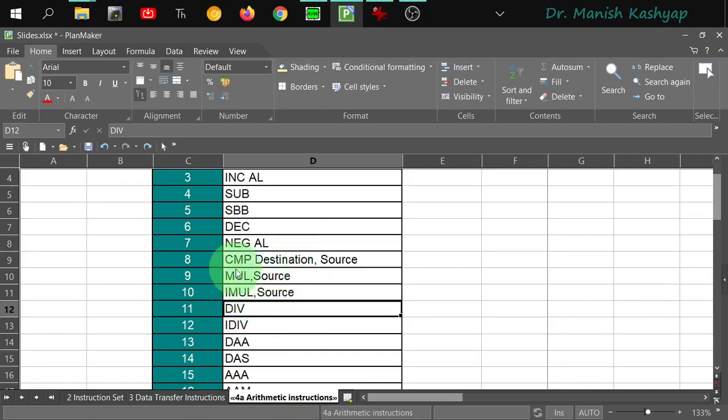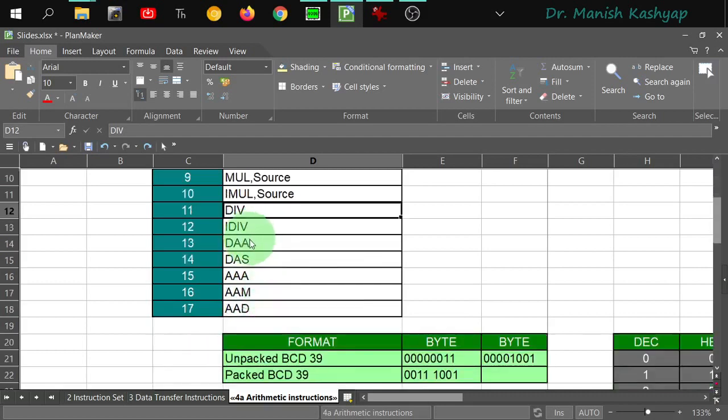So this works similar to the multiplication command, and it has also got a counterpart which will take signed numbers into consideration. So IDIV division is also there, right? So these are fairly simple instructions. Now comes the instructions which we need to elaborate further. So before discussing these last instructions from 13 to 17, let me just